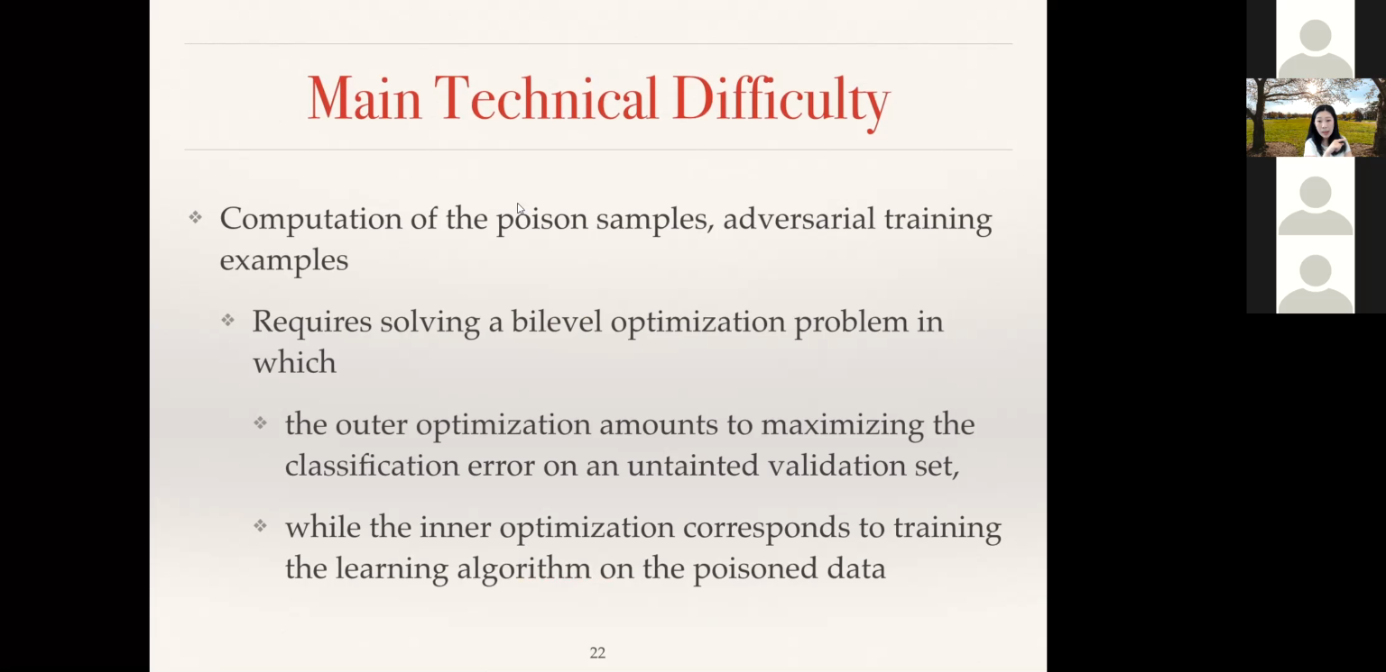I don't have the math equation here because I haven't introduced some notations, but I will first use English sentences to describe what I mean by a bi-level optimization problem. So the outer information,